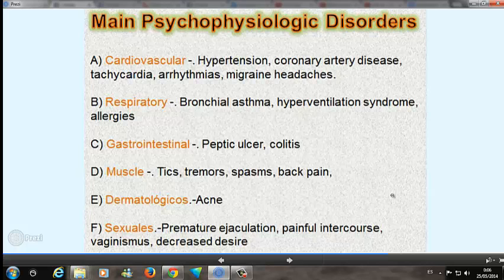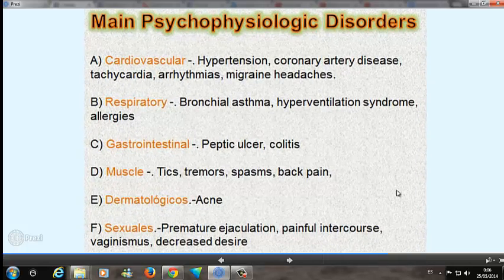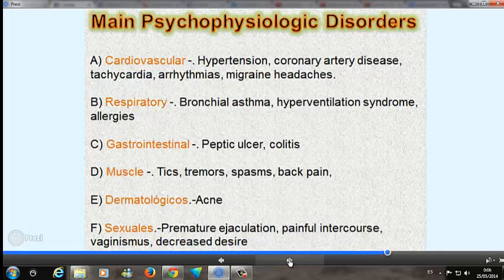Gastrointestinal: peptic ulcer, colitis. Muscular: tics, tremor, spasms, back pain. Dermatological: acne. Sexual: premature ejaculation, painful intercourse, vaginal ulcer,